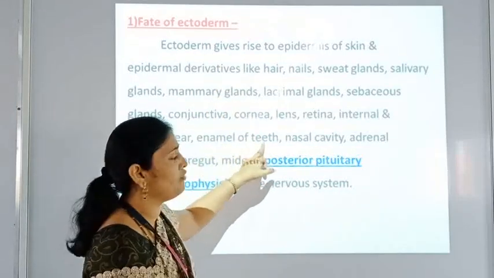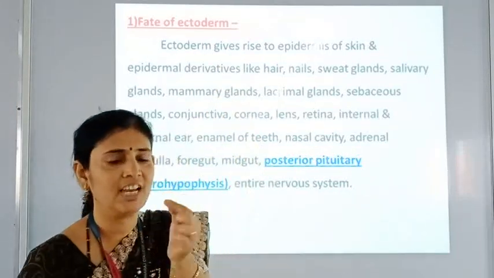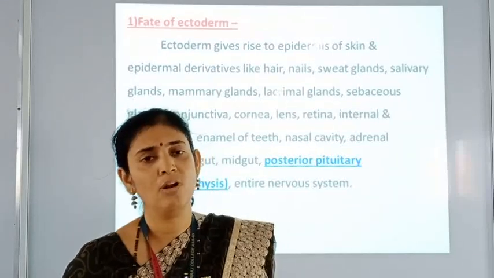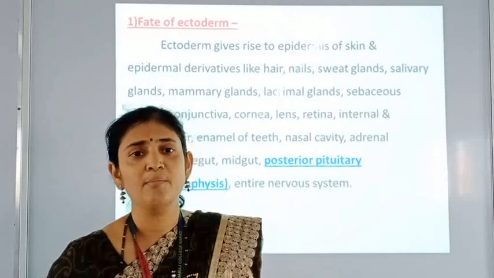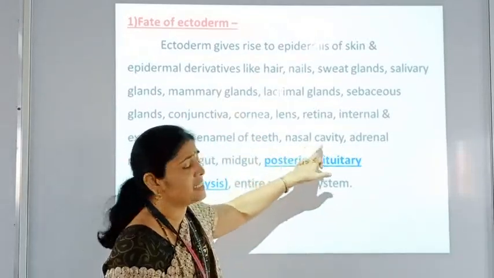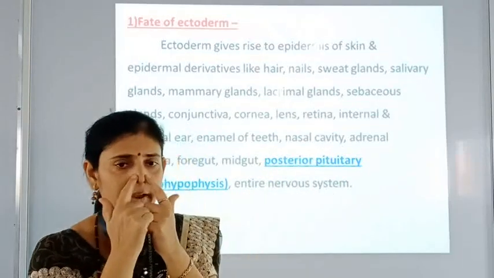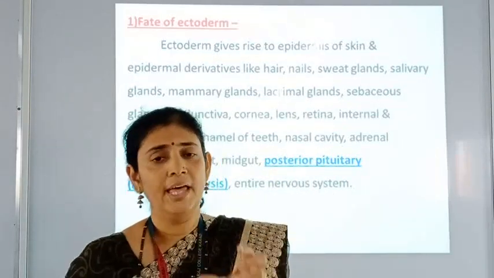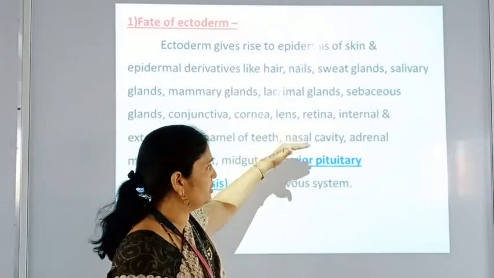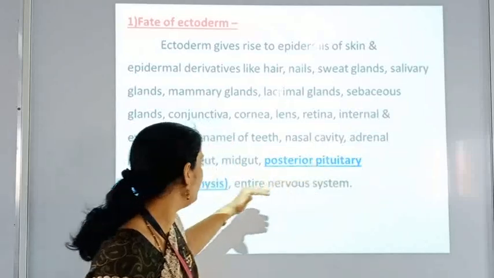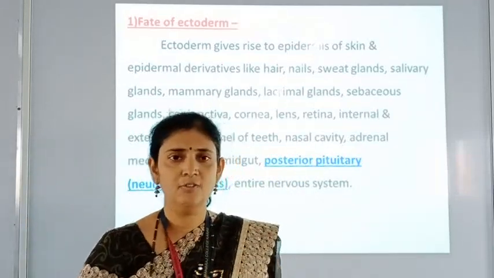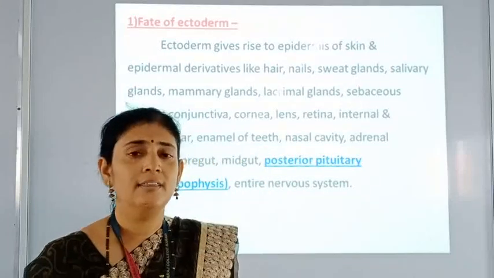Then enamel of teeth, आपल्या दाताच्या वरचं जे काही कव्हरिंग आहे, which is the hardest substance of the body, we can call it as enamel, and that enamel is derived from this ectoderm. Then nasal cavity, this nasal cavity म्हणजे नाकपुडे जे आपण म्हणतो त्या नेसल कॅव्हिटीचं फॉर्मेशन कशापासून झालेलं आहे, या ectoderm पासून झालेलं आहे. Then adrenal medulla, adrenal gland is there which is present above the kidney, that is showing again